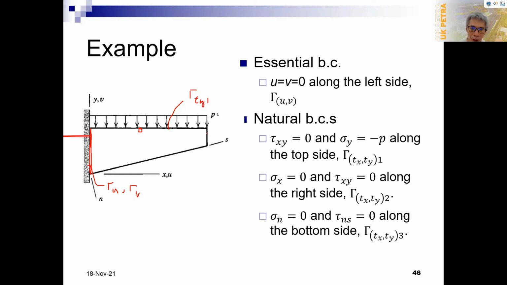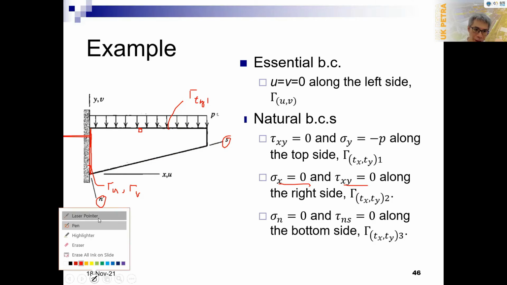How about the right side here? No stress at all. So we say that this is the boundary condition like this, okay? Homogeneous boundary condition along the right side. These are the sides that are orthogonal to the Cartesian coordinates. The problem is, how about if we have an oblique side like this? This is not orthogonal to the x or y coordinates. Normally, we can specify side coordinates. So these are side coordinates n and s, okay? To specify the boundary condition on an oblique boundary like this.